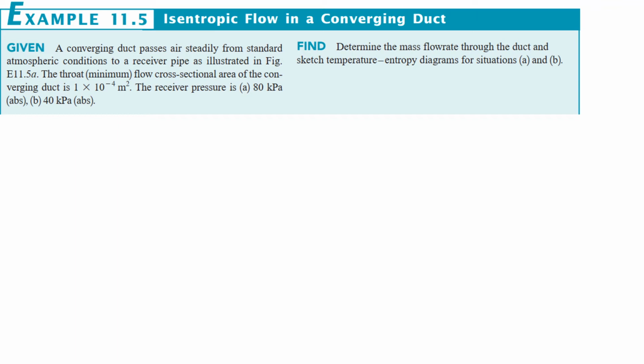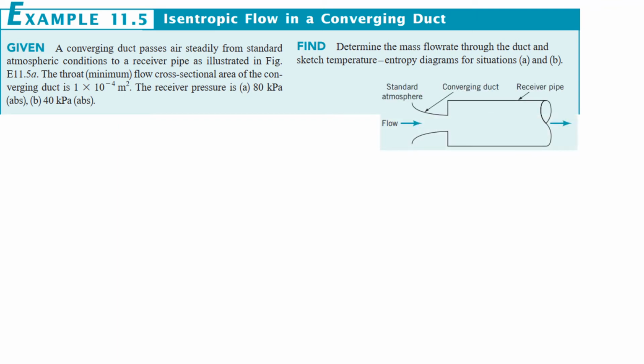a converging duct, and this is the flow scenario in which a converging duct passes air steadily from standard atmosphere conditions to a receiver pipe as illustrated in the figure. So this is the figure in which the converging duct is passing air by the help of this receiving pipe from this converging duct. So the minimum throat flow cross-sectional area of the converging duct is 1 into 10⁻⁴ meter square. The receiver pressure, this is the receiver pipe, so the pressure at one condition is 80 kilopascals,